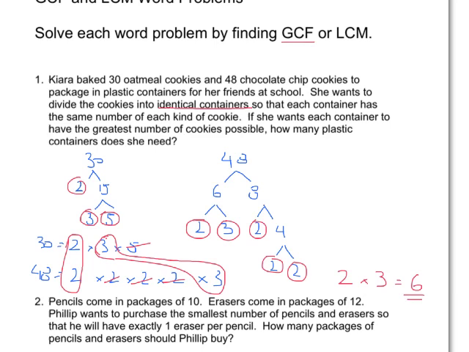And how does this help us with this question? Well, that is the number of containers that are going to hold all these cookies. So in other words, I can take my 30 oatmeal cookies and divide them into groups of 5. Let me do a visual diagram here so everybody understands what's going on. If I take my 30 oatmeal cookies and divide them into groups of 6, I'm going to have 5